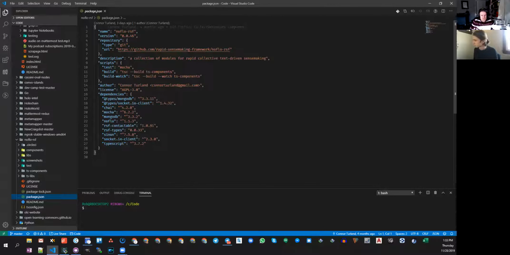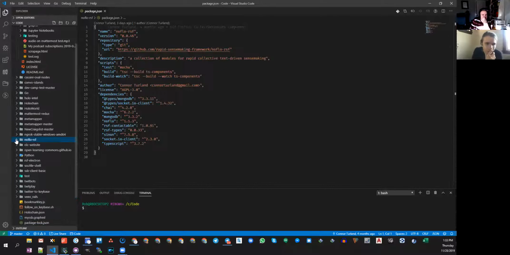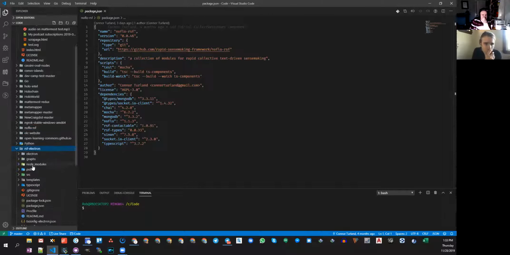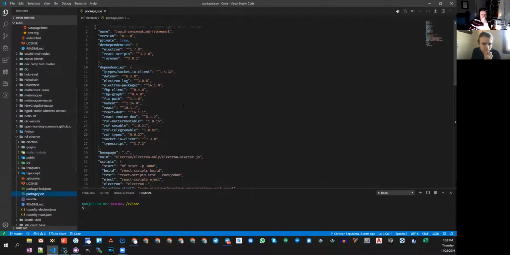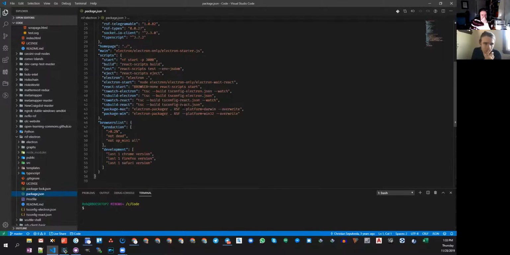Cool. TypeScript and MongoDB. Is it already using that? Why does it have Mongo? Wait, which one is this? Oh, this is no-flo. Never mind, that's a no-flo one. That's right. Okay, this one looks even bigger.